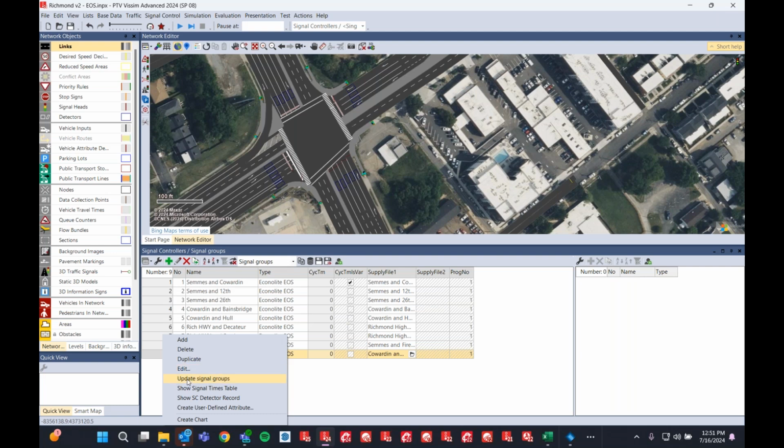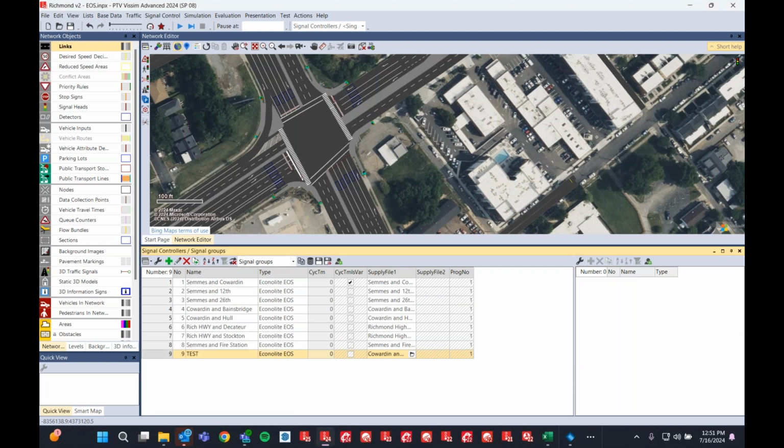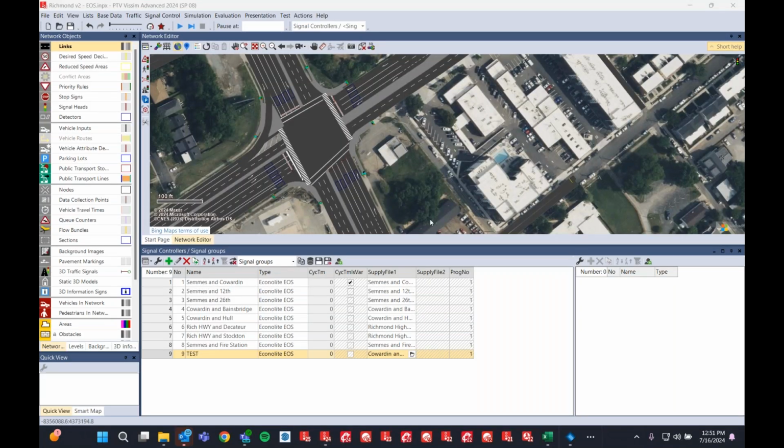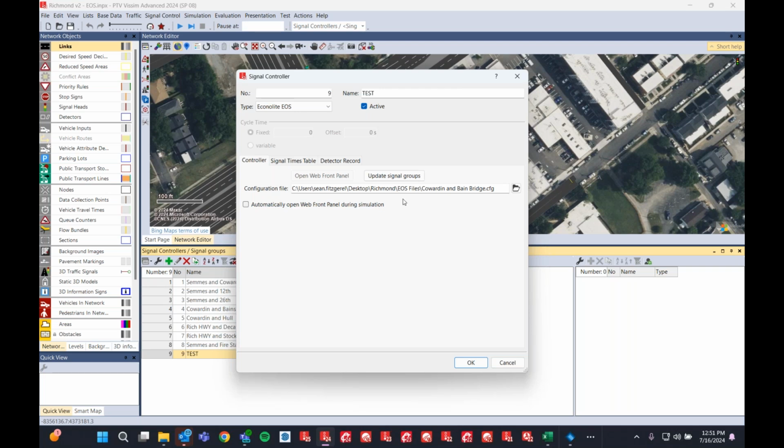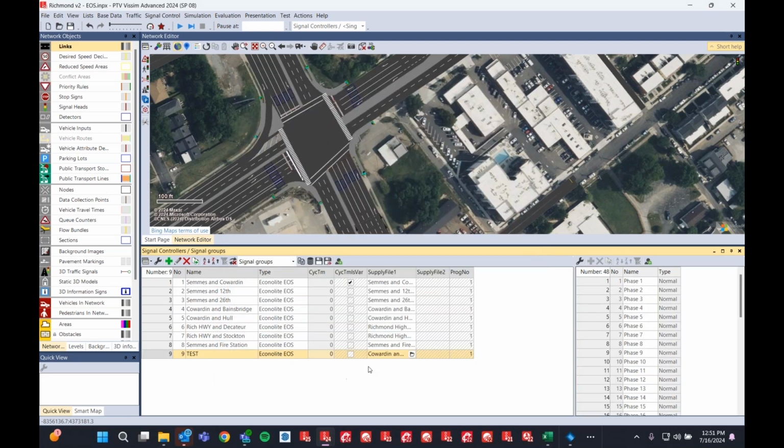So I have this update signal groups here. You have it here, update signal groups, or if you go here, edit, update signal groups. If I click this button here, you can see 48 signal groups have been added. Okay, so I go back here, and in my test signal, I can see